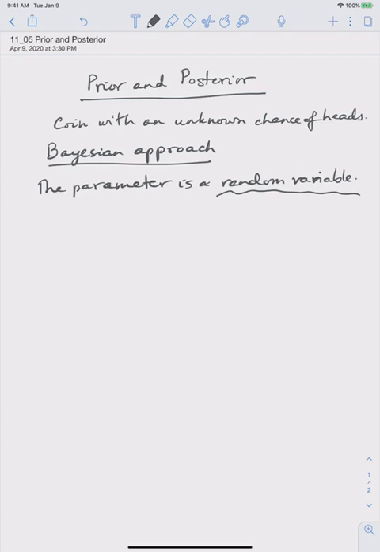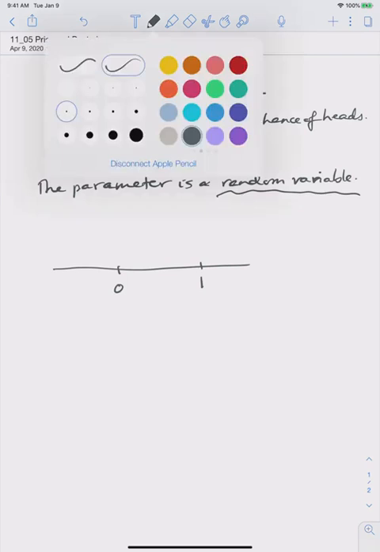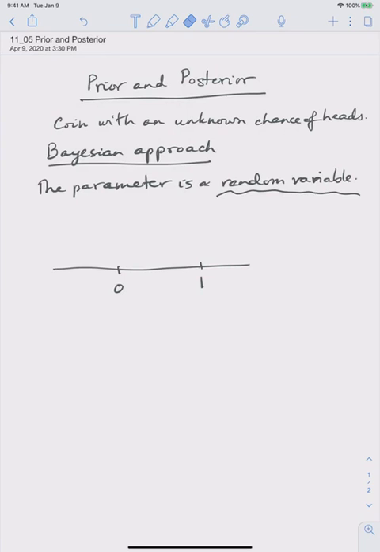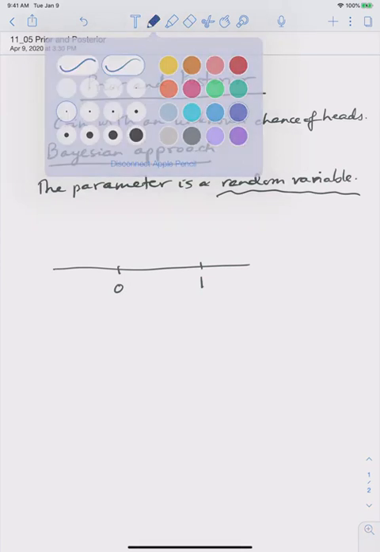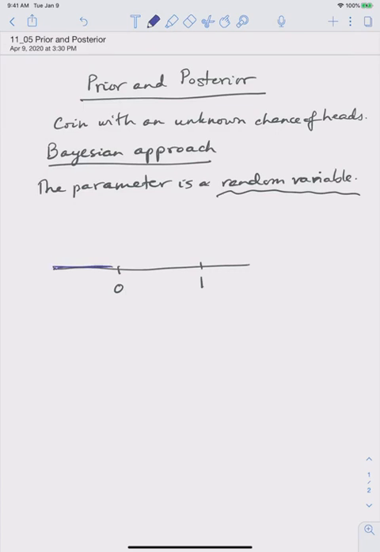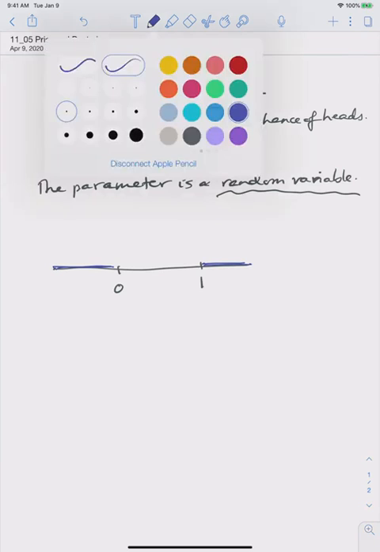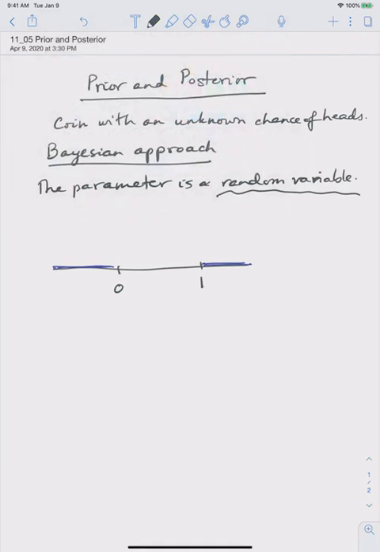It means that the Bayesian is imagining that here's your interval 0 to 1, and of course there is no probability outside, sorry, there is no probability here and there is no probability here. But somehow a coin is being picked at random in the unit interval, and the Bayesian is prepared to put a density